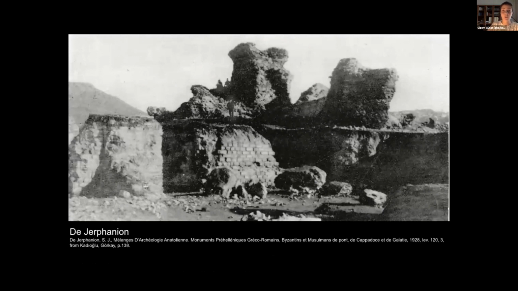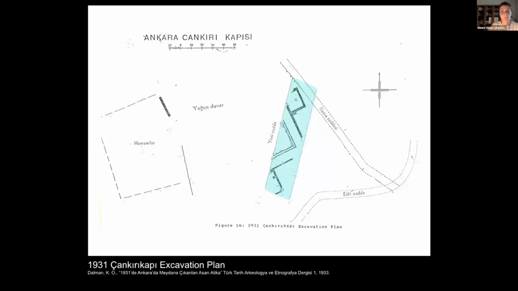As the ruins were then used to fill up the swampland on the sides of a nearby creek, a photograph taken by Jepanion remains one of the last glimpses to this past where the walls still stood. After the building project had been called off, the site was then given to the Ministry of Education, and only after another building project took place, it became a site of study. Early Republican identity construction transforming Ankara to be an example for the nation meant large-scale construction, which inevitably led to many rescue excavations. The Roman bath was one such example, and in 1931, during the construction of the Çankırı Street,